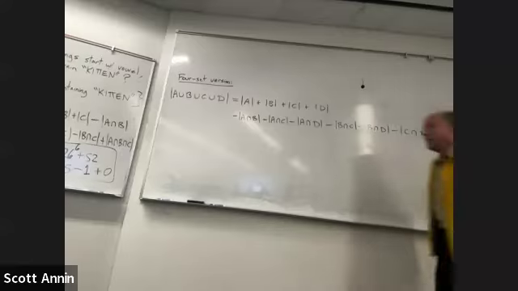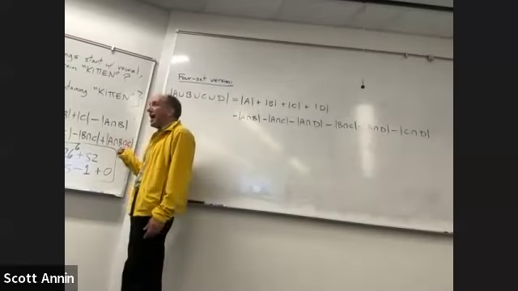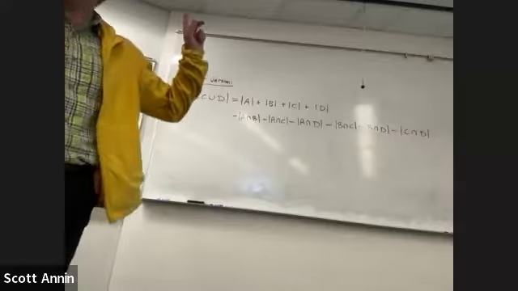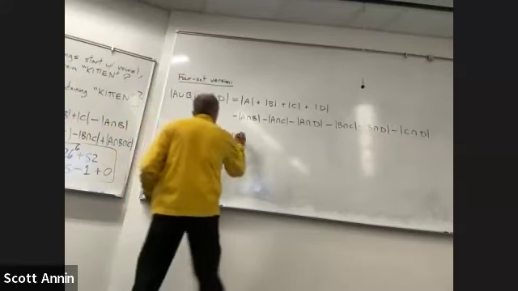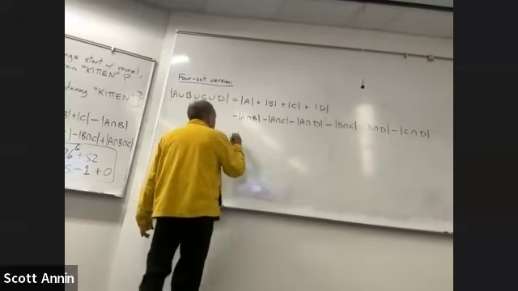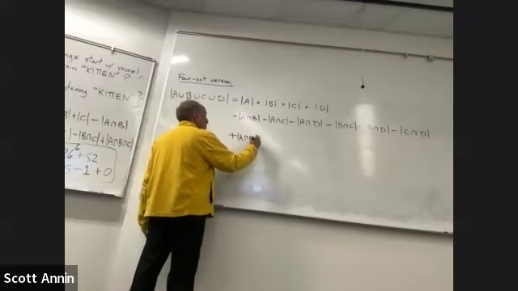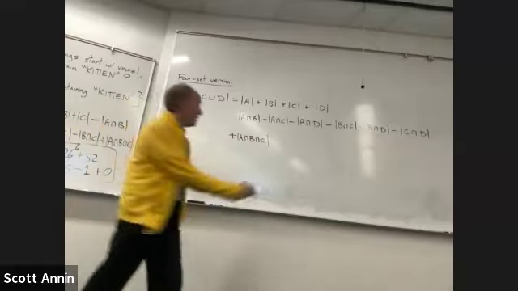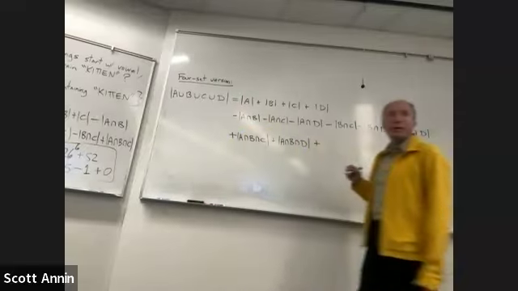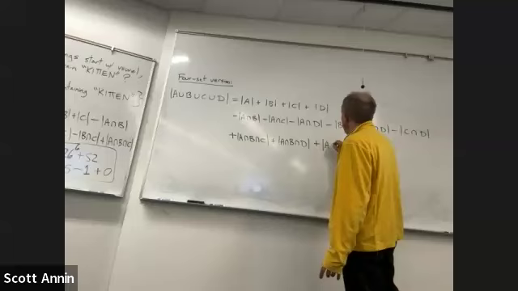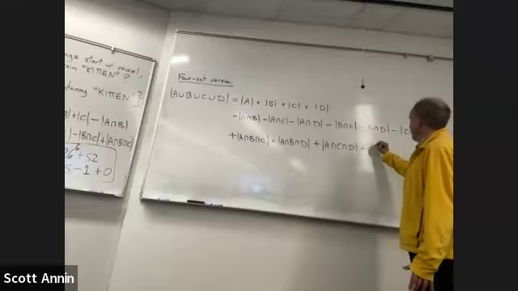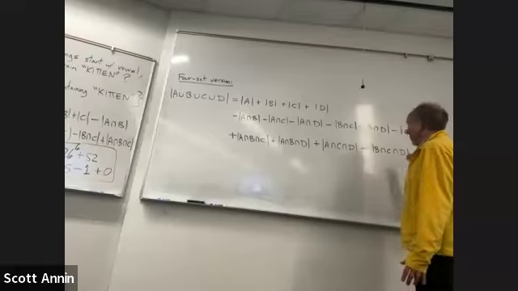And we see from the last example that we then had to add back in the 3-way intersection of A, B, and C. And actually, that is what we have to do here as well. So I'm going to go back to plus. It alternates plus, minus, plus, minus. For the next one, we have the 3-way intersections being added. So A intersect B intersect C. And then we're going to add the intersection of A, B, and D. And then A intersect C intersect D. And then we will add B intersect C intersect D.